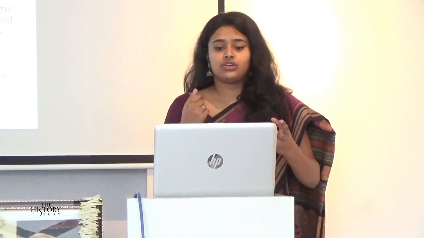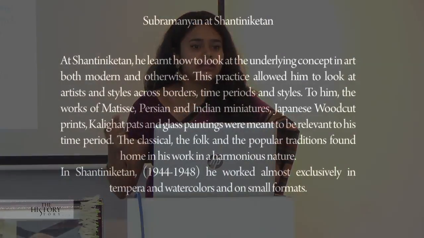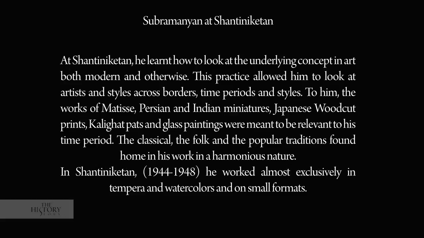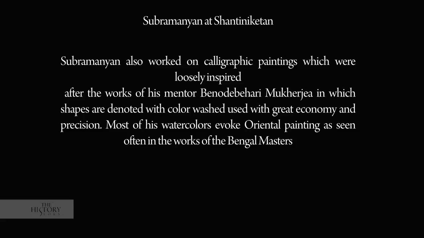But in 1944, 1945, he's already exposed not only to the Bengal school or the Bengal style of painting, which is more wash technique, and you have Japanese influence. He also came to discover Matisse and Persian miniature. He came to discover Japanese, of course, from Shantiniketan itself, Kalighat Pat because he's in West Bengal, glass paintings. And what he learnt out of them was, he did not stick to one medium. He learned what was the thought behind these different styles, and he imbibed them, he put them together